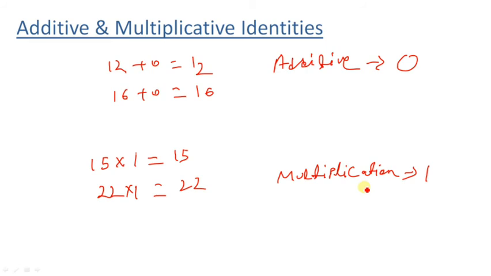Okay. Now let's come to the next part, that is division with 0. Before going to division with 0, we know what is division. Division, suppose I write 12 divided by 3. What it means, we know division is same as successive subtraction, right? Successive subtraction means 12 minus 3. The result is 9 minus 3. The result is 6. Now 6 minus 3. The result will be 3. 3 minus 3. The result will be 0.